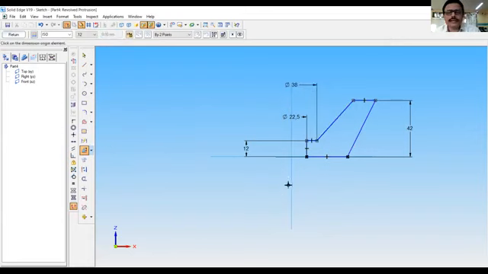Then symmetric diameter from here to here, this end. Go to symmetric diameter from this end to this end. It is 45.